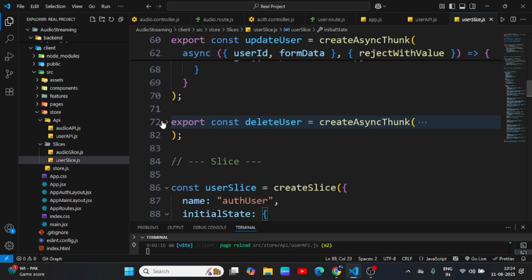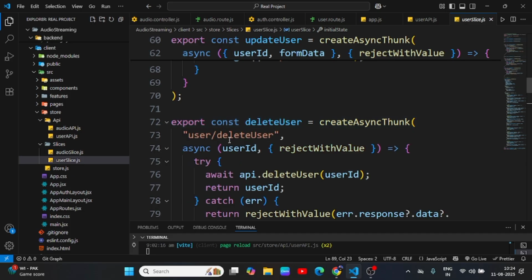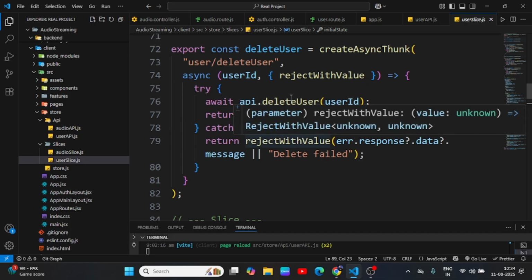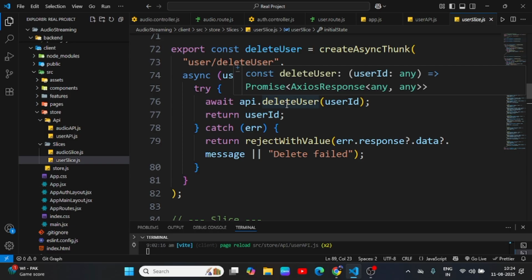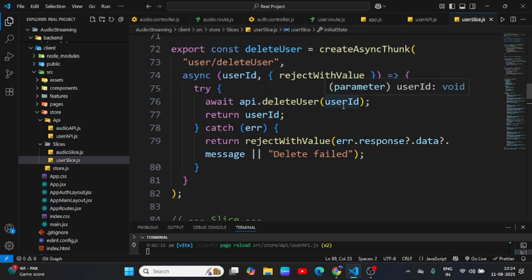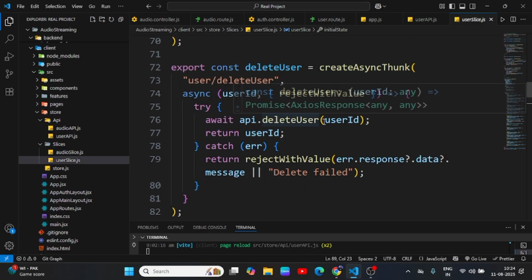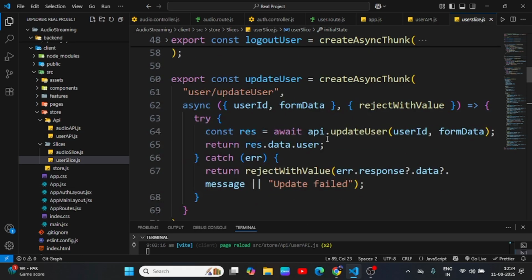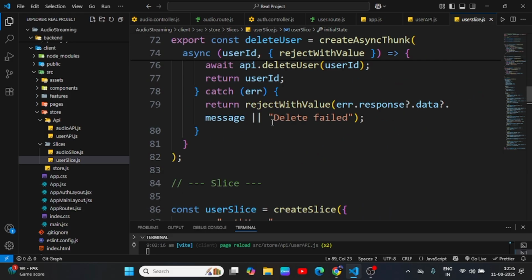So similar things about delete users, and here we are just calling this delete users method, and we are passing user ID, and then we only return user ID, because we only care about this delete. So which means you want to clear the browser things, and then account. So this is to thunk. Now you can work with